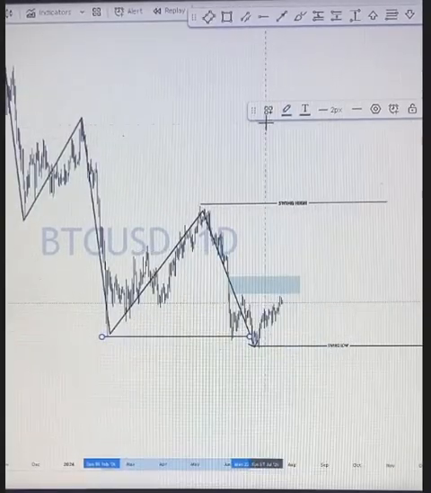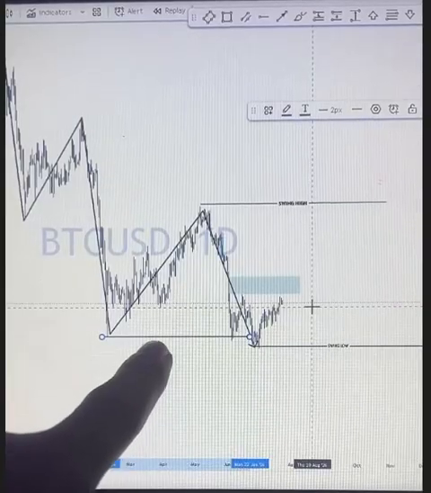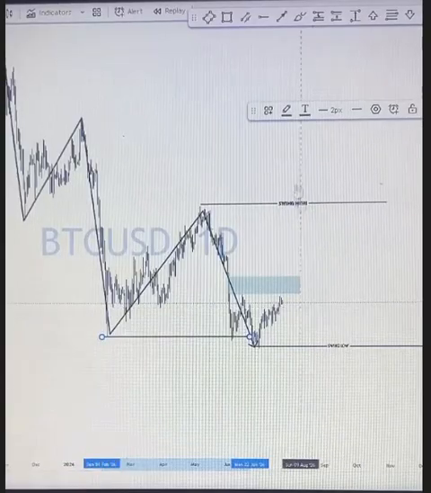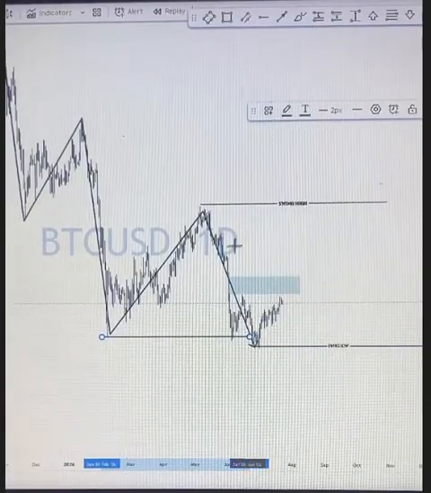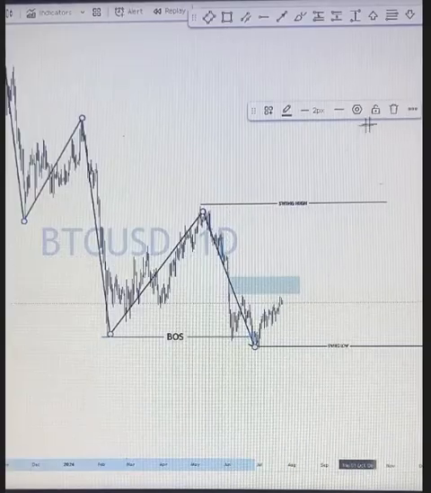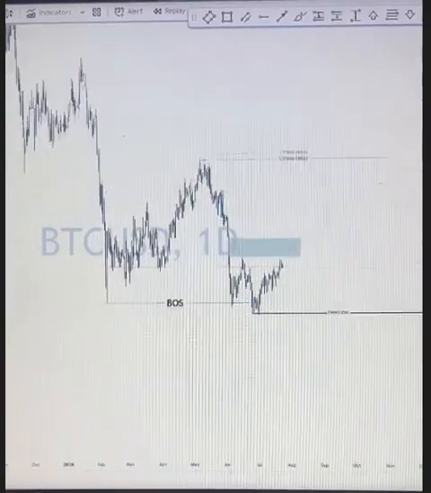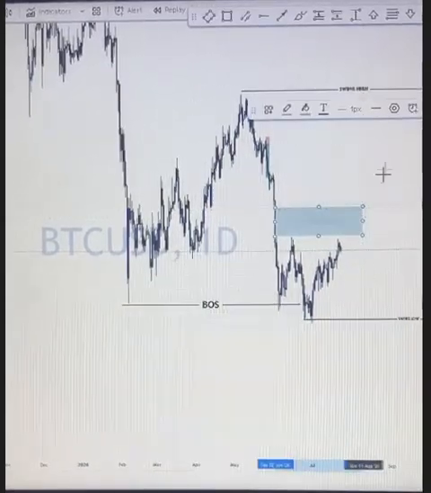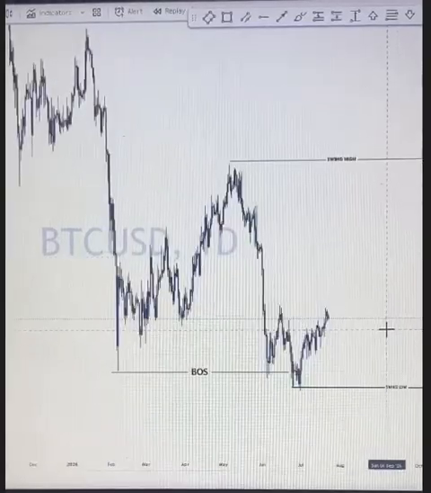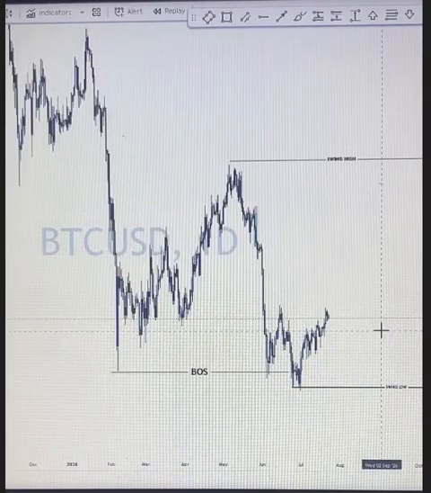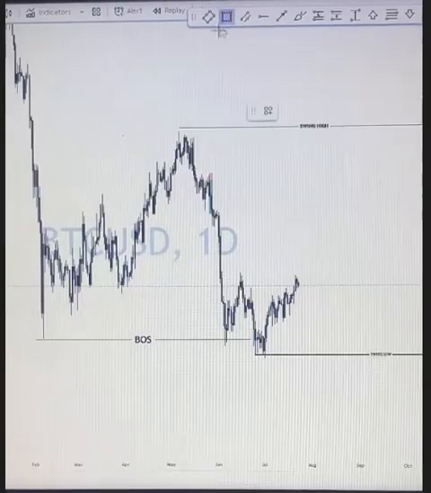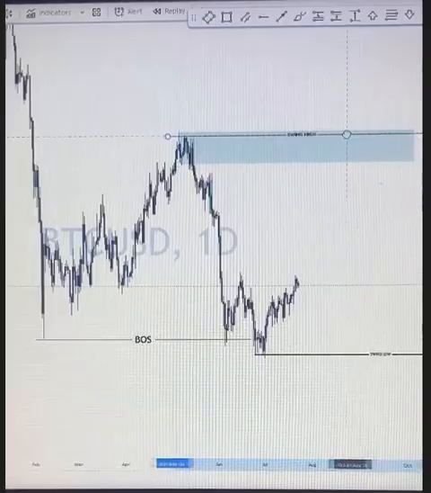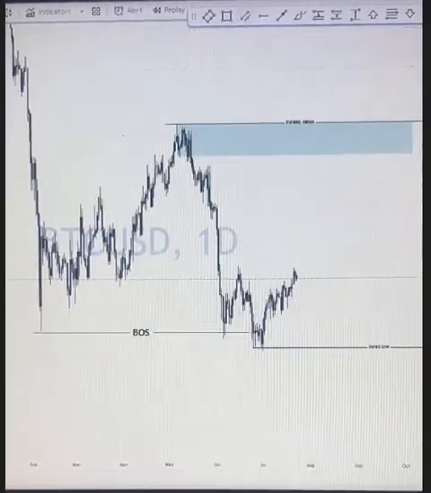What do we call this breakout here? Anybody? Livingstone, thank you. So this is a breakout here. So the next thing we do is identify. What do we do next? Gently, thank you. We mark our key level, right? On our key level, this is our extreme order block. Okay. Then what next?